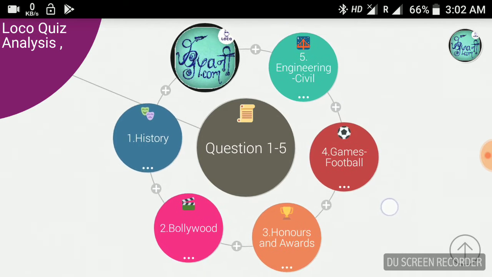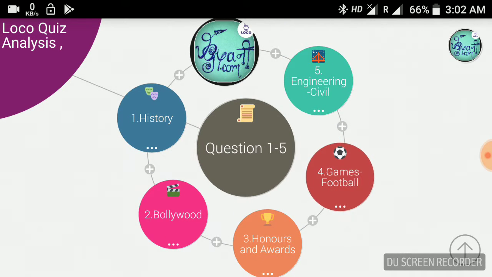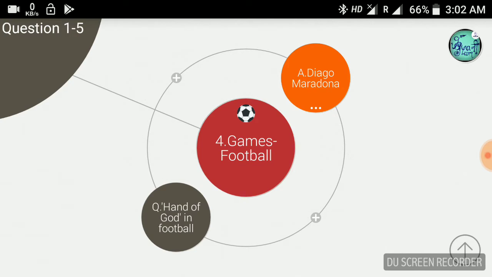So, moving to the fourth question. The fourth question is related to games. They have asked: name the football player who is known as the Hand of God. This is actually very interesting. I googled it and found that Diego Maradona was the person